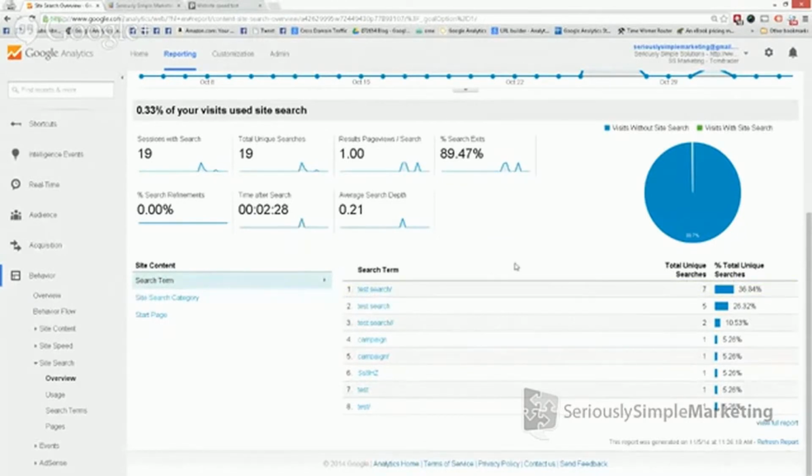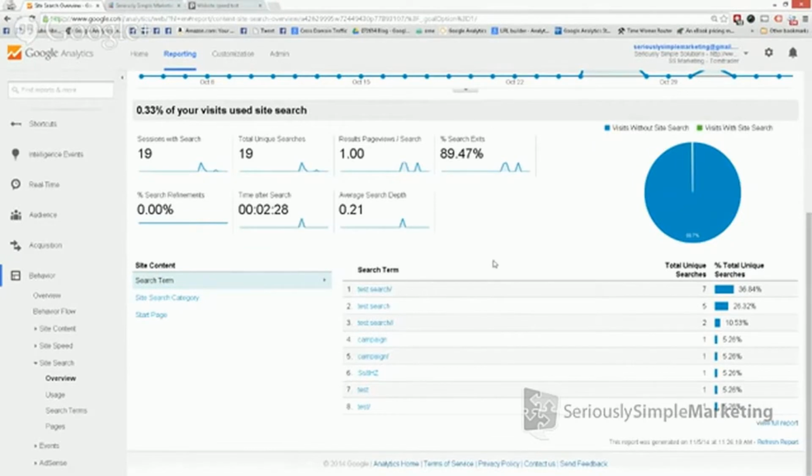So here's an example of how this might be handy. Let's say that you are a big agency of some sort, and you have salespeople. Somebody needs to work with a mortgage broker. There's a perfect example. You want to work with a mortgage broker, and you've got a company that's got a lot of brokers on the line. If I'm coming in for a home loan, I might come to your site and start looking for that mortgage broker's information. If I can't find it, I'll go to the search box and type in the name, and hopefully that will come up. Well, you won't even know if I'm doing that without enabling this feature.